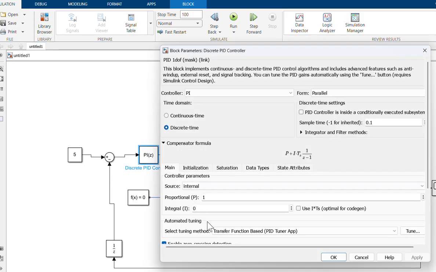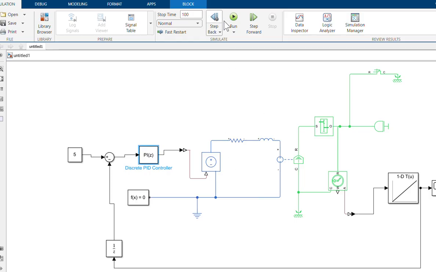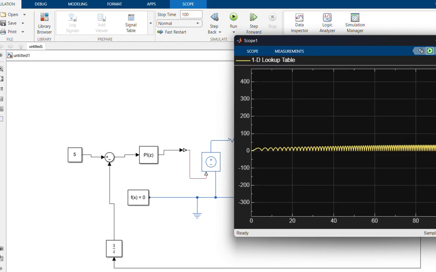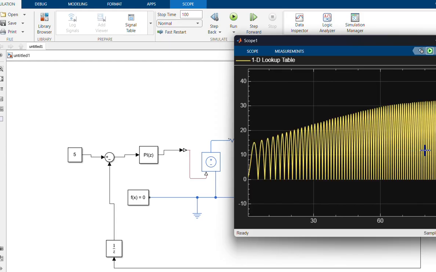An integral value 0.5 and then run. Okay. Now more proper value.